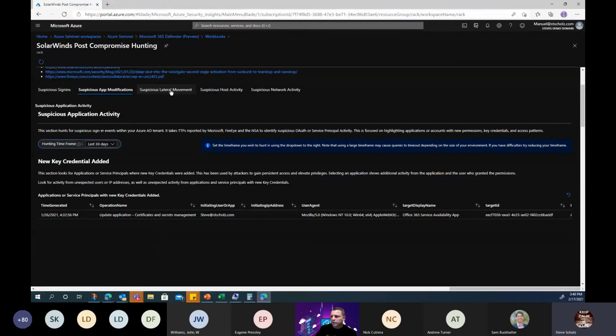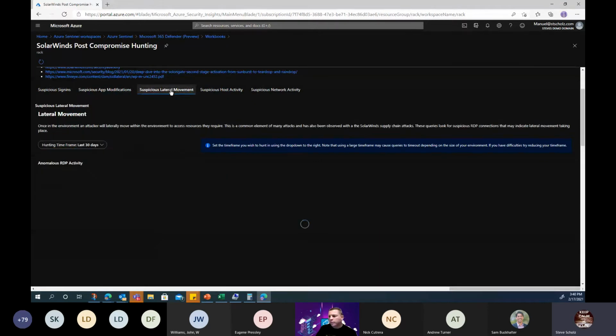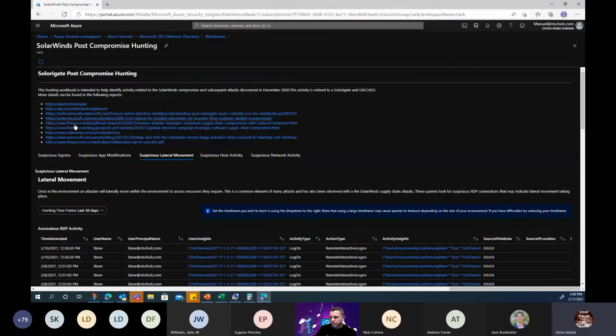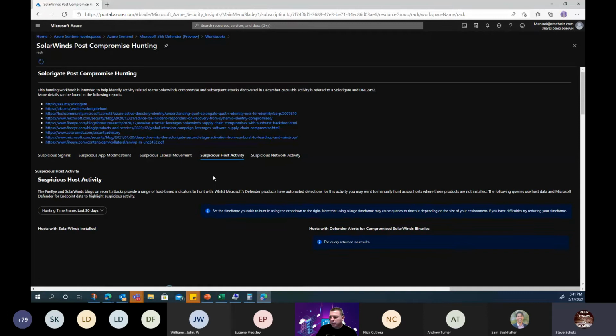Yeah, it's pretty powerful, and it's just these workbooks. The idea here is it'll give you a starting point, right? An idea, and of course the workbooks are editable, customizable, and the queries can be looked at, right? So obviously there's a ton of reference material here too, but just really cool to have these as starting points,